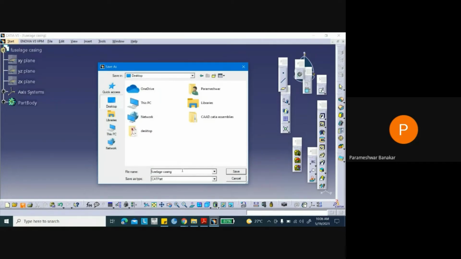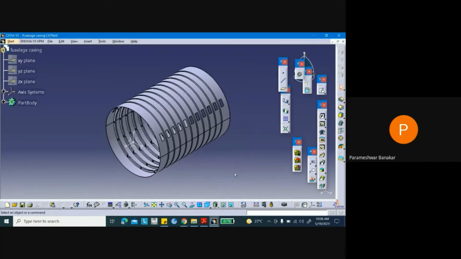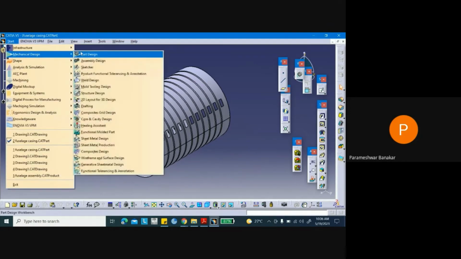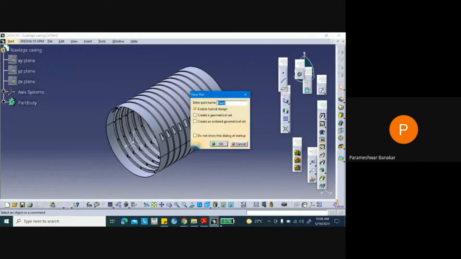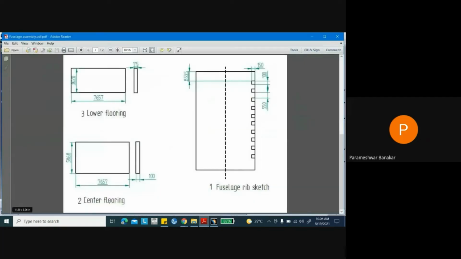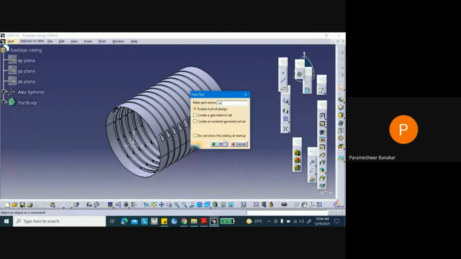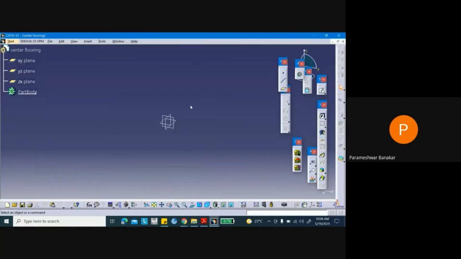Okay, now that is saved. Now again go to start, mechanical design, part design. So what is the part 2 name? Part 2 name is center flooring. So I will give the name as center flooring. Okay, give OK. So center flooring is done.